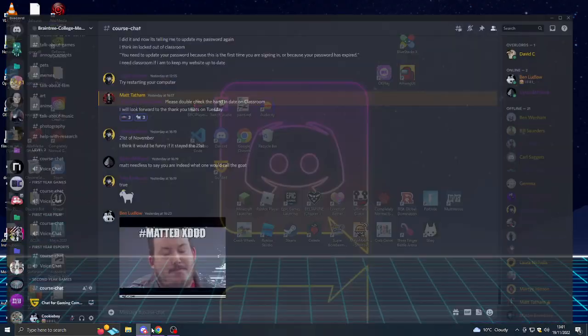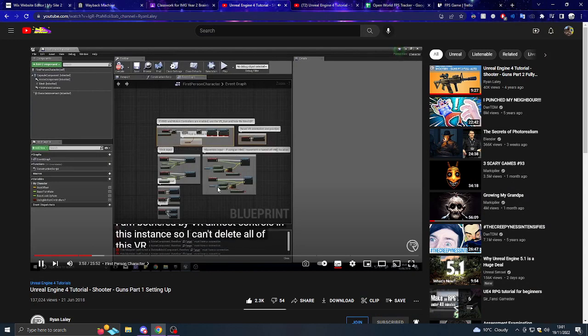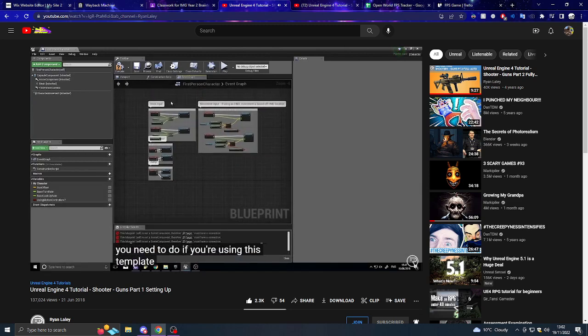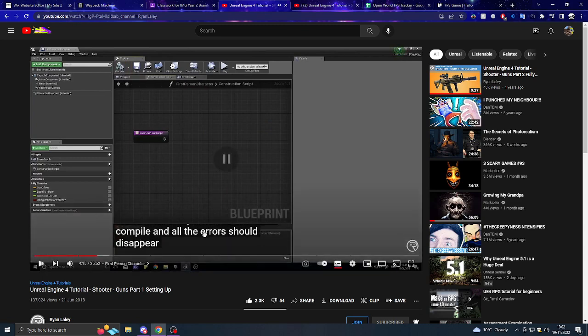So what we've got here, this code is all about head-mounted displays and motion controls. I'm not bothered by VR or motion controls in this instance, so I can delete all of this VR stuff up here. And we don't need the spawn projectile code because we're going to do our own code on our individual guns, so we don't need that at all. Get rid of that. And the last thing you need to do, if you're using this template to start off with, is go into the construction script and delete this attached to component and compile. And all the errors should